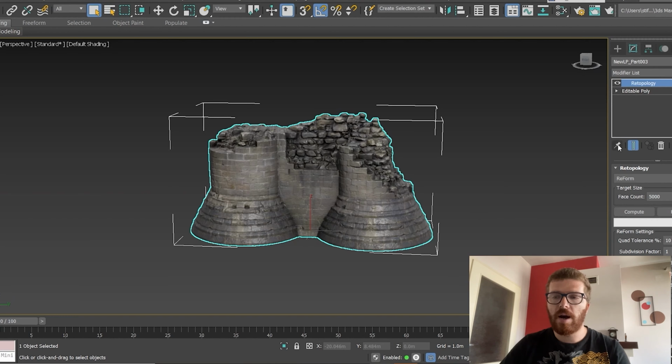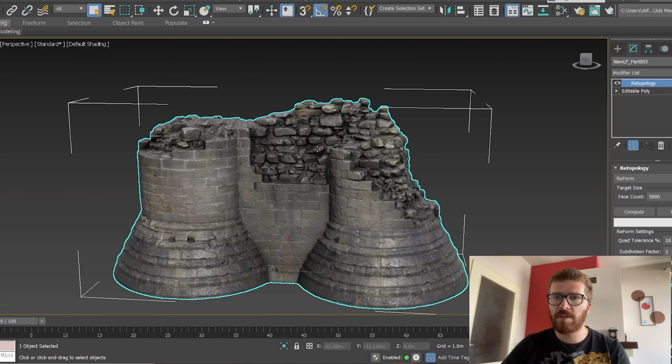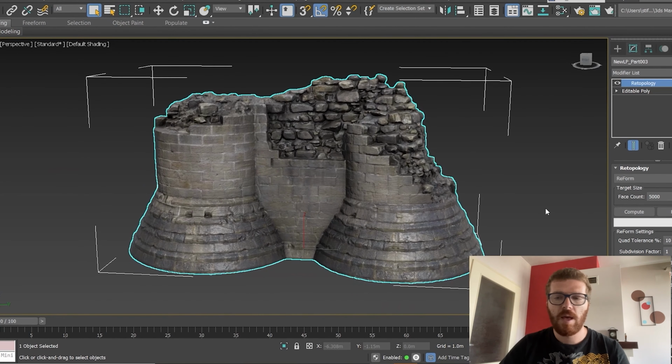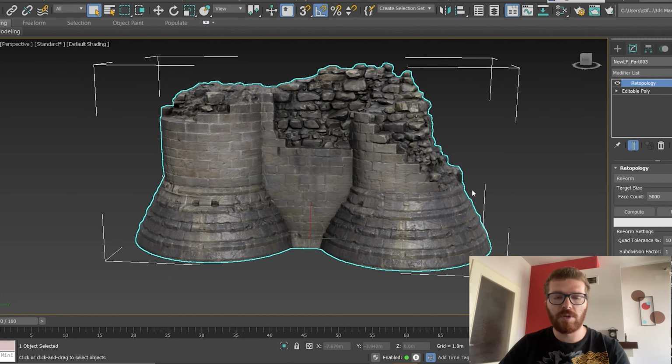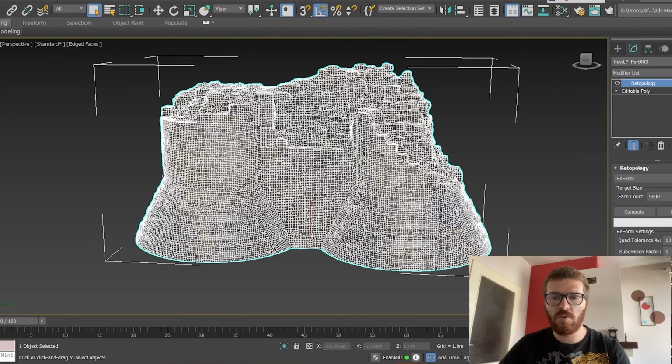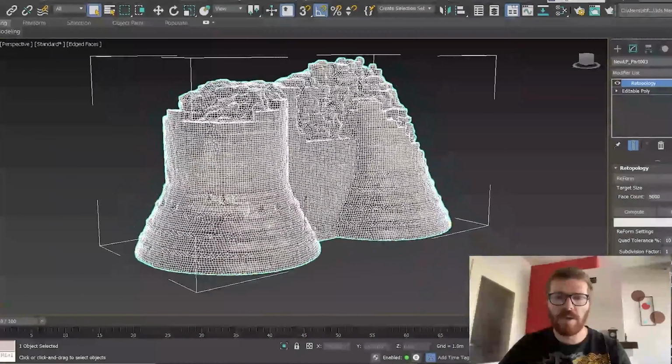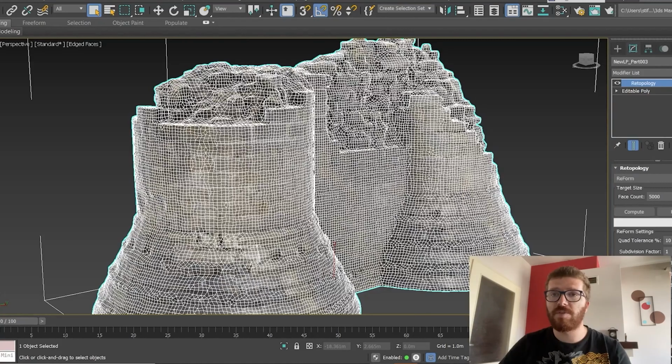At the end, to create an asset which is usable for games and to have a very nice topology, I use the 3ds Max retopology modifier. This helps me bring all of these different elements which have been assembled here from different parts that have been scanned and create a new nice asset with a clean topology. I'm going to turn on my wireframe to show you what I mean. You can see the geometry is full of quads, so this makes it with nice loops and makes everything very clean and easy to edit.